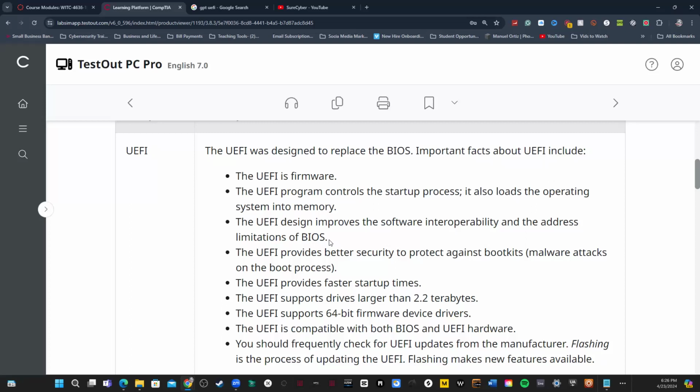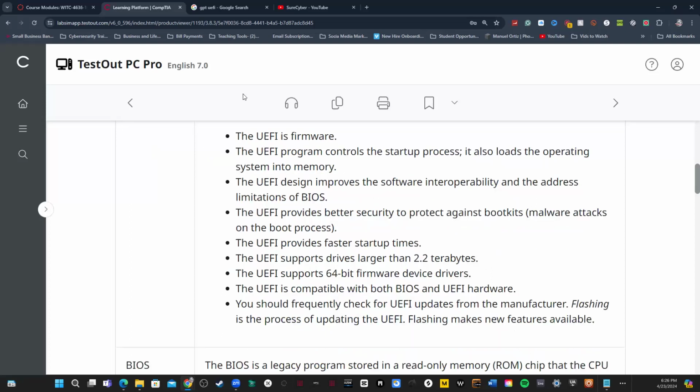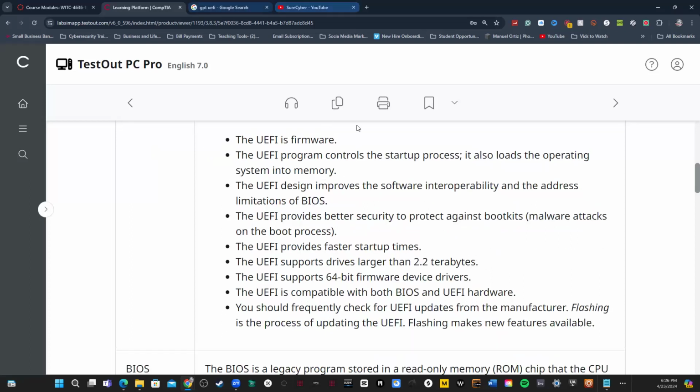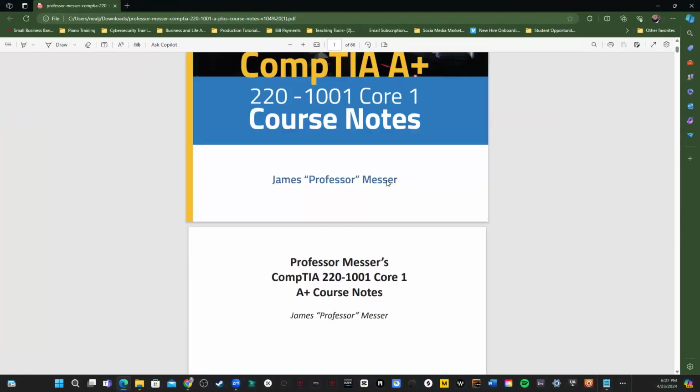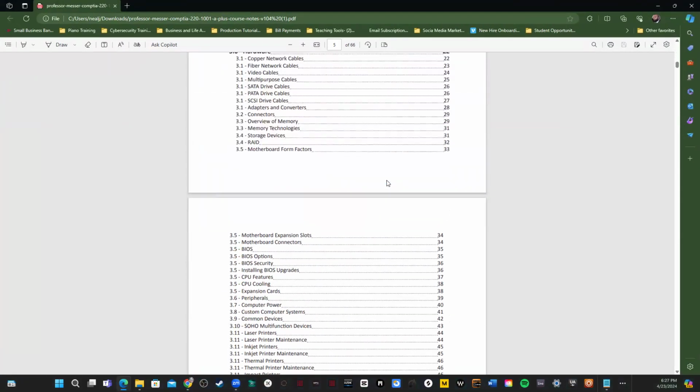The UEFI also provides better security against bootkits or rootkit attacks, startup attacks, and configuration registry attacks. To explain that, we want to go here. Give me one second so that I can further explain the security that's associated with UEFI. All right, so I want to go here